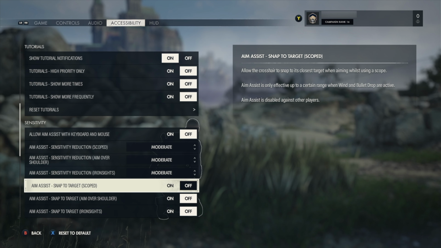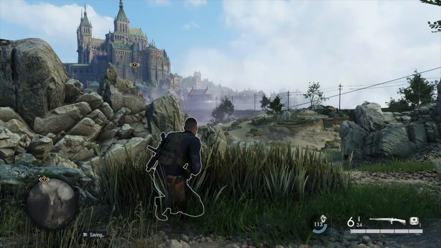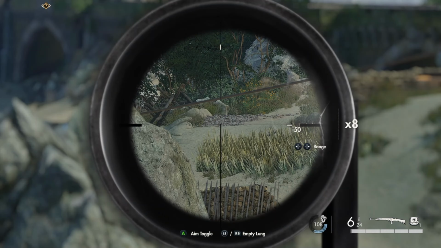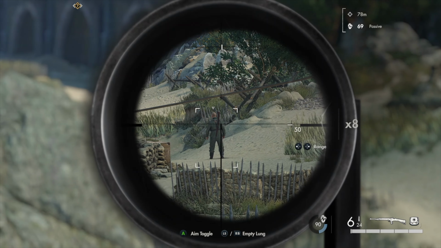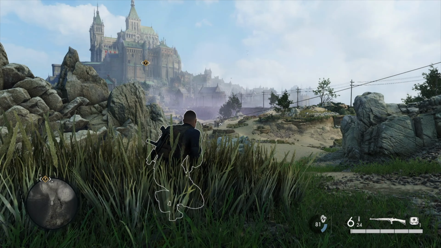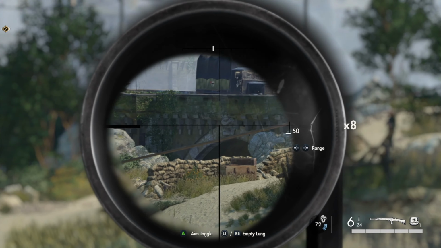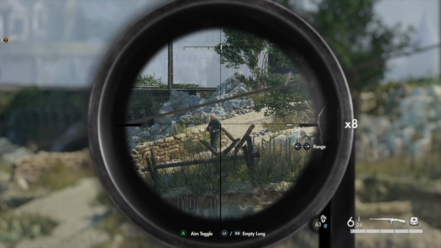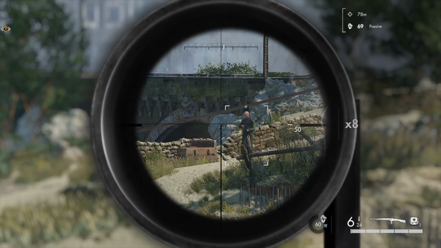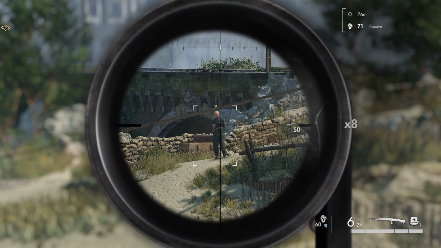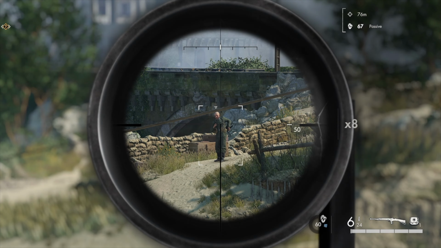For scoped, aiming over shoulder, and iron sights, there is also the option to switch on snap to target. This option can be switched on or off for any of the 3 aiming types, and all 3 are off by default. When switched on, holding down the aim button will cause the aiming reticle to snap directly to an enemy, providing they are in range. You can then snap the aiming reticle across to other in-range enemies by moving the right stick in their direction. If you or the enemy moves out of range, snap to aim will stop working.